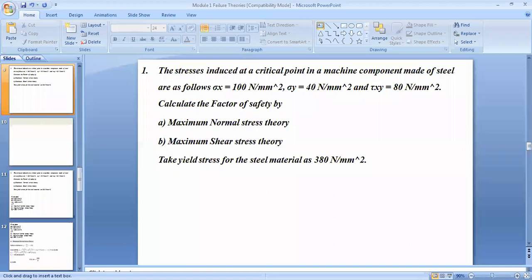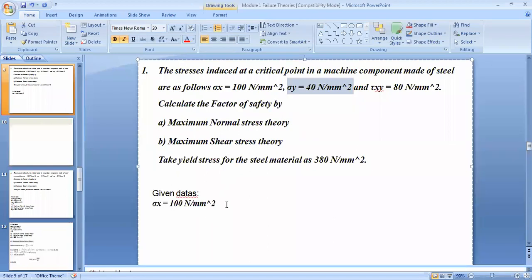Given data. First one is sigma x is given. How much is it? 100 Newton per mm square. Then sigma y is given. How much is it? 40 Newton per mm square. And